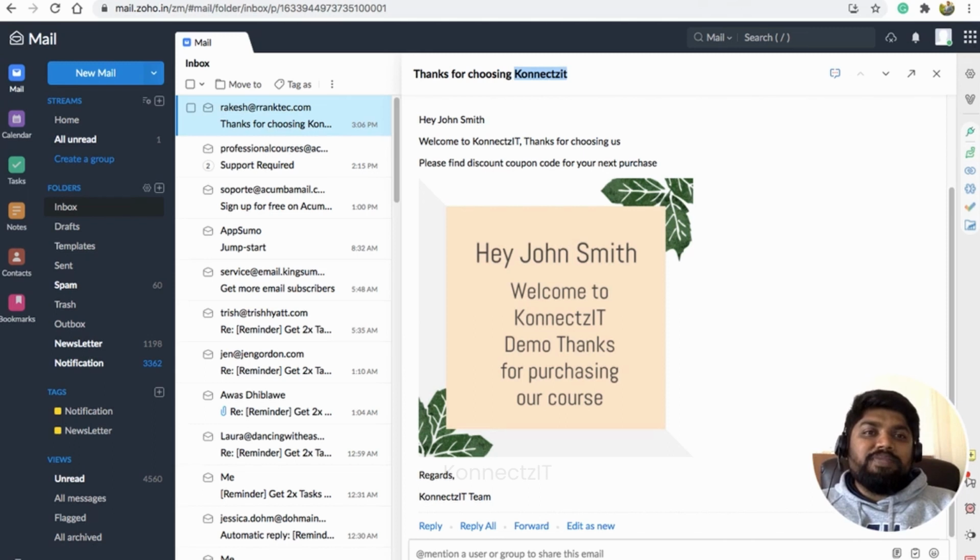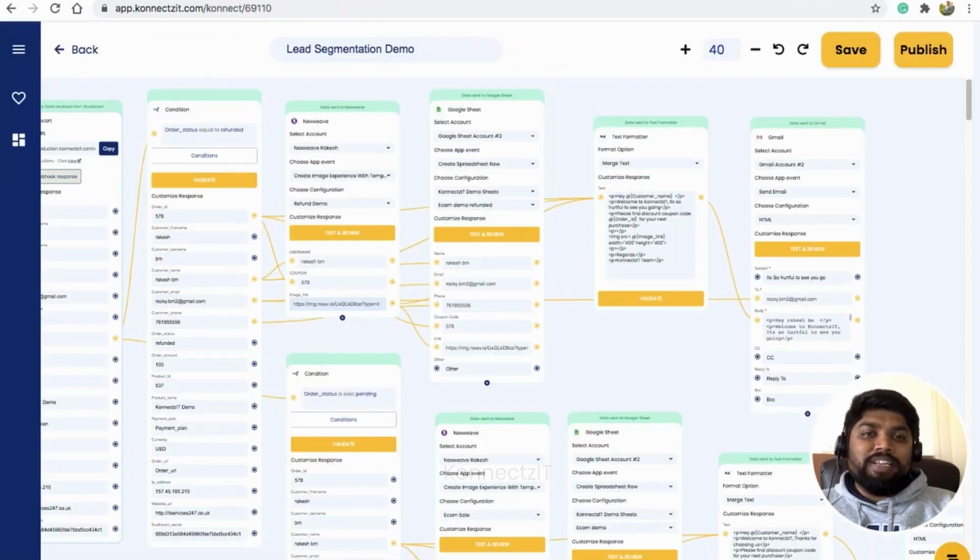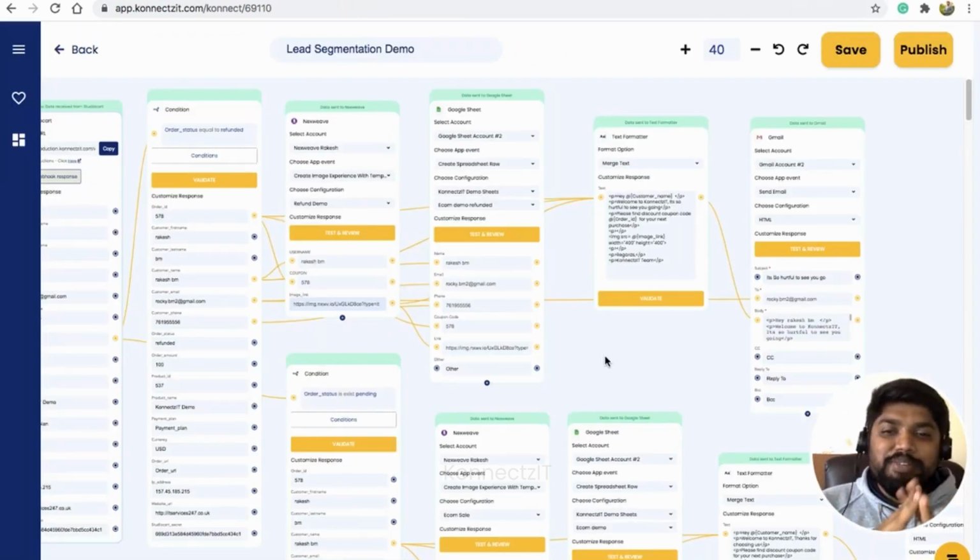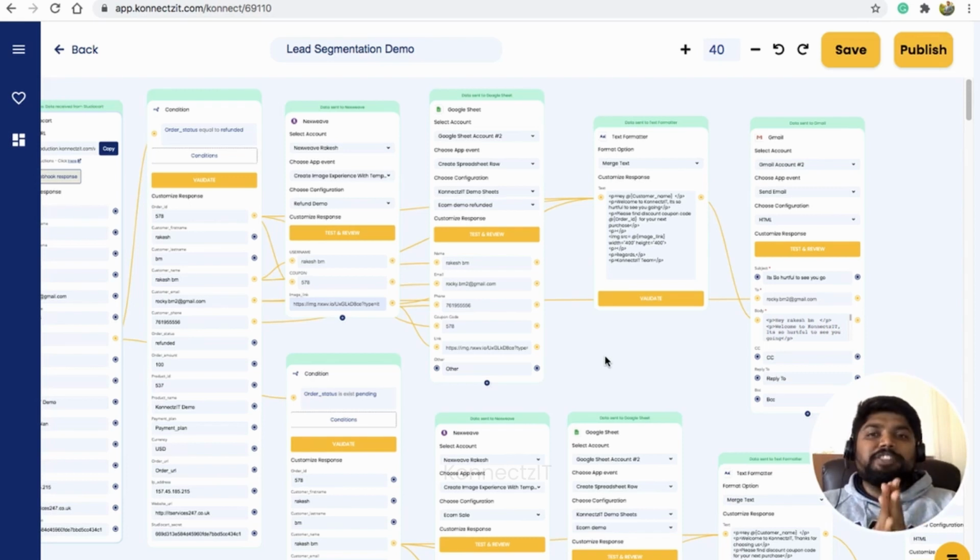Basically with Connexit, you can send a customized response to your user based on lead segmentation, and also nurture your leads by scoring them. Hope you guys like this conditions app inside Connexit and all the AppSumo apps being used. Also, instead of Google Sheet, you can use any email automation tool or a CRM.